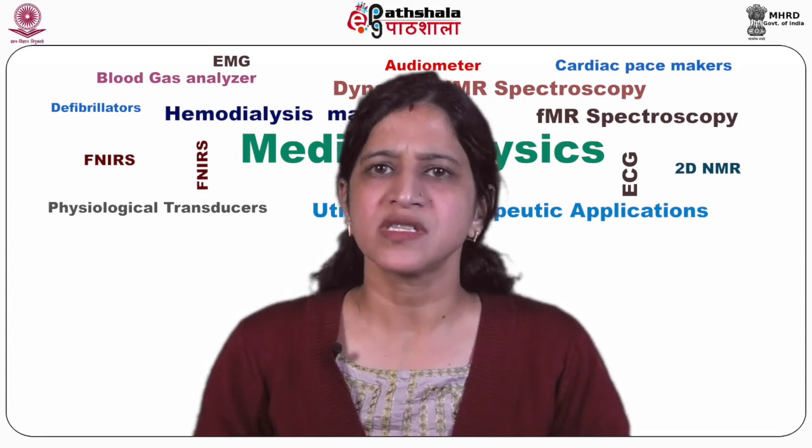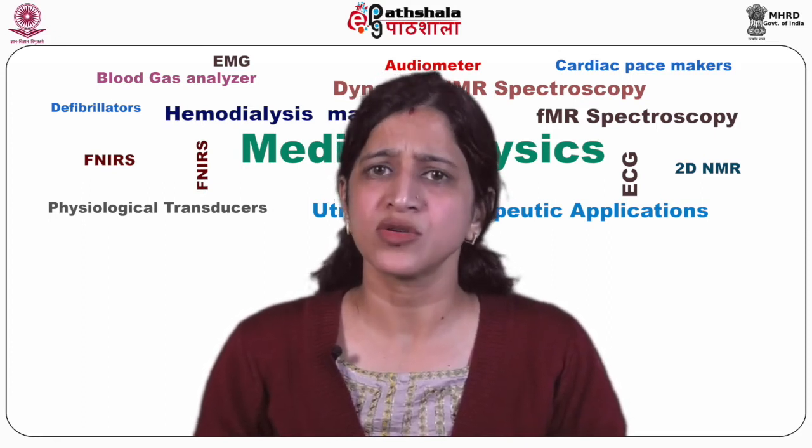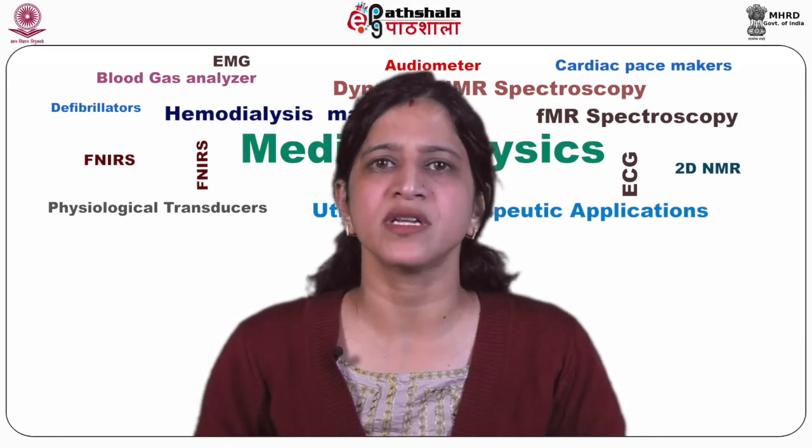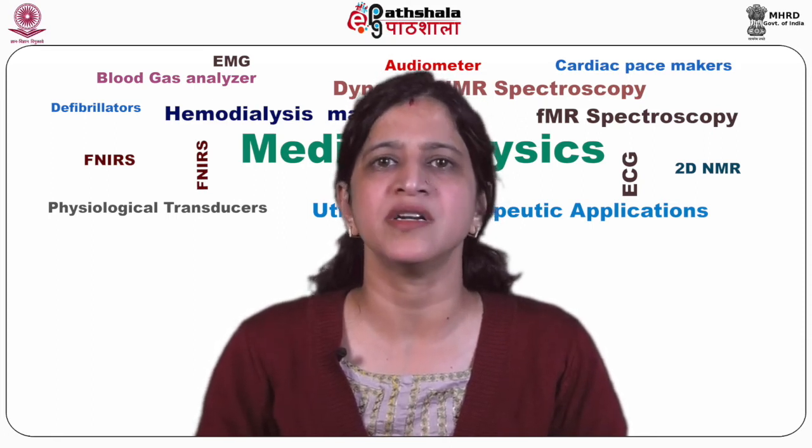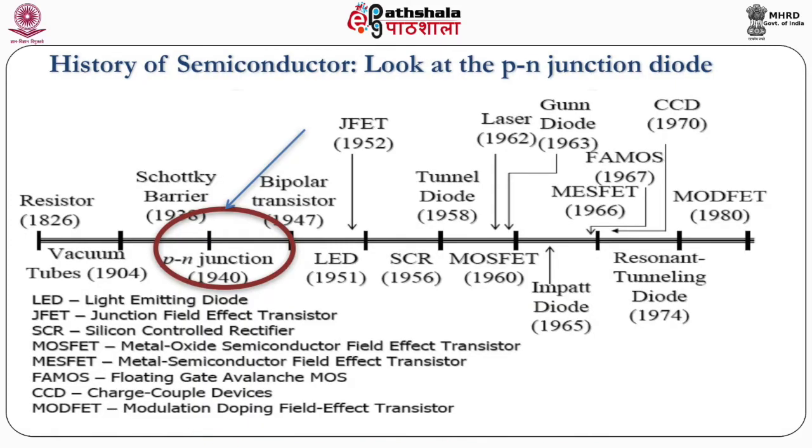In the last module, we studied the basics of semiconductors and also learned that almost all electronic devices available in the market are semiconductor based devices. The most common semiconductor device is the PN junction diode, which we are going to discuss in this particular module. Use of semiconductor materials to build electronic components started with the diodes. Before the invention of the diode, vacuum tubes were used in the 19th century. But scientists were looking for an alternative to replace the vacuum tubes because of their high power consumption and size.